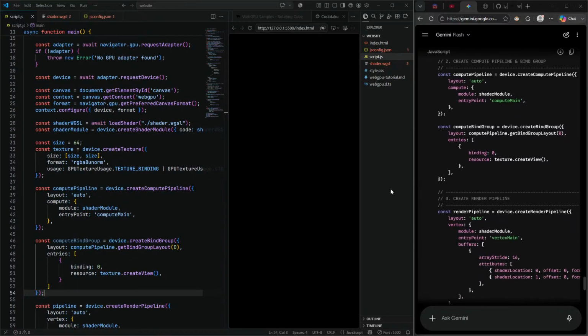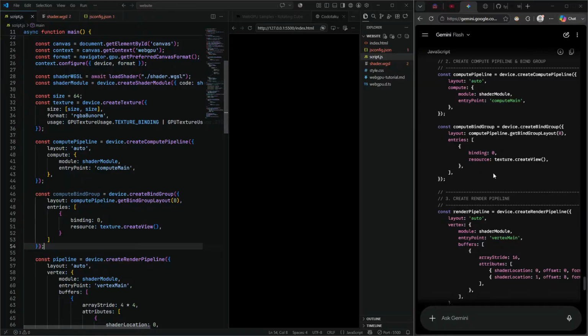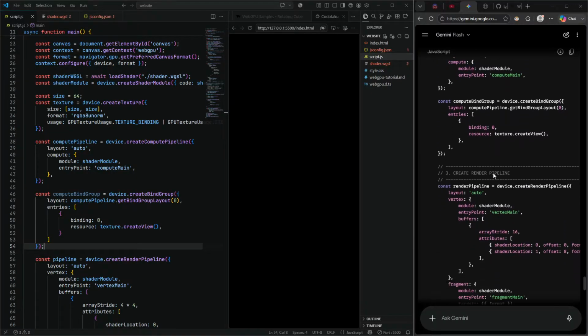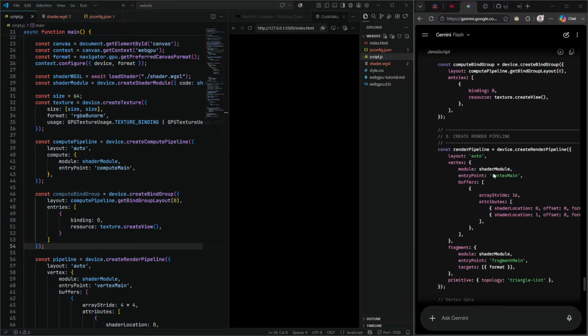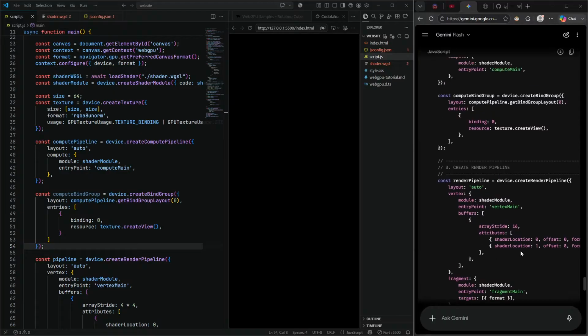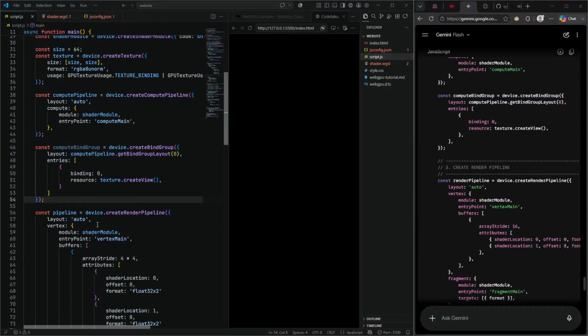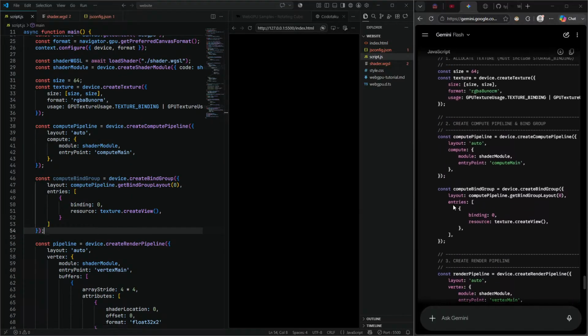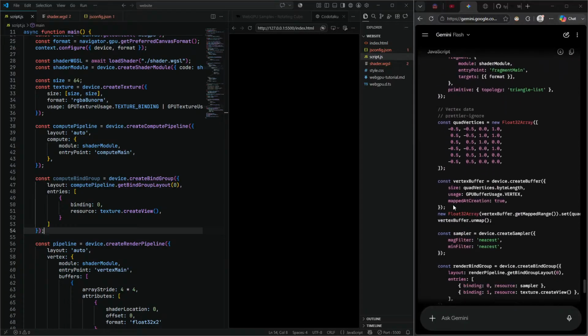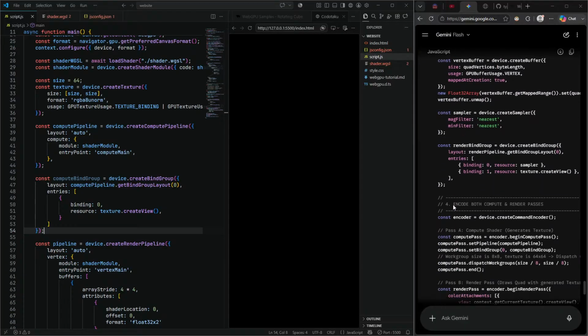And yeah, that's the pipeline bind group, pretty much. Very simple. So I guess we don't have to change anything about the render pipeline. Next, what we do is just